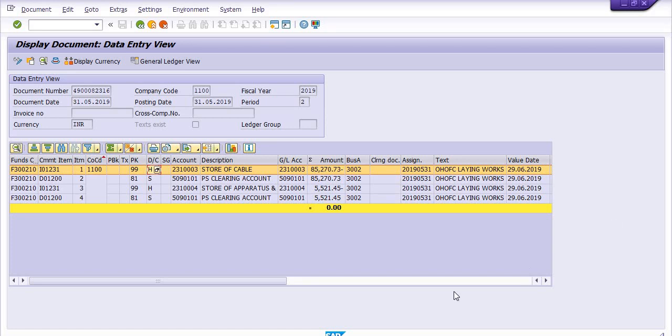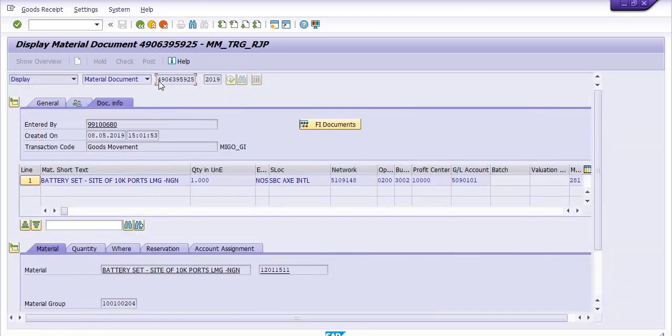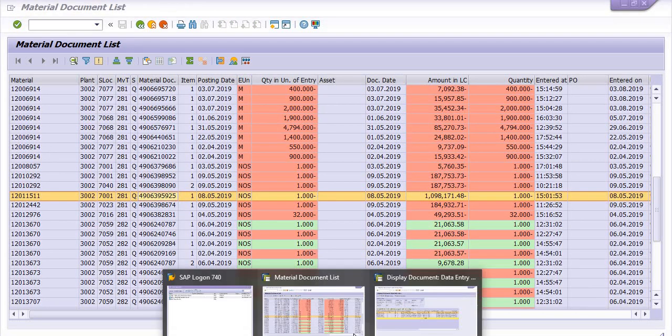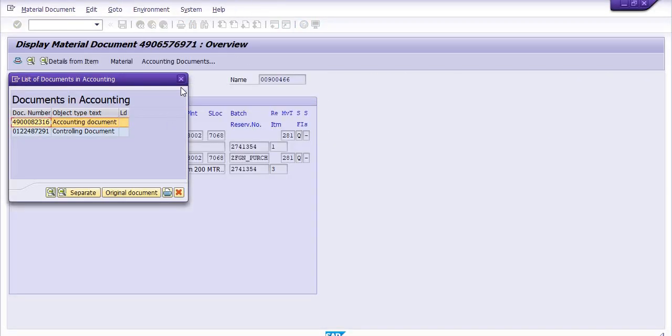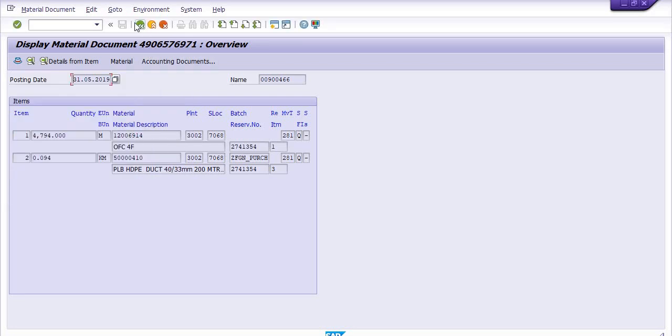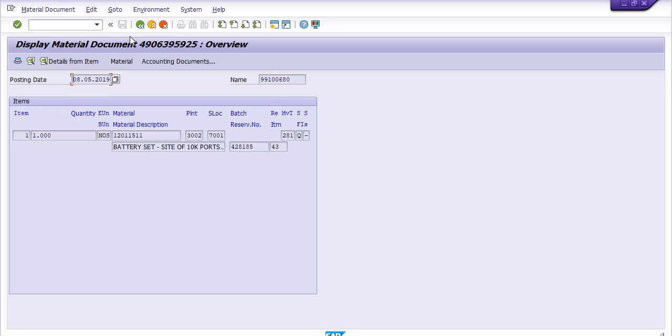I think this is the reversal entry, maybe, because we need to check any entries. For example, I just want to check this entry.